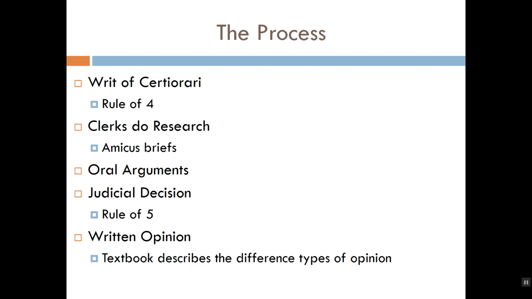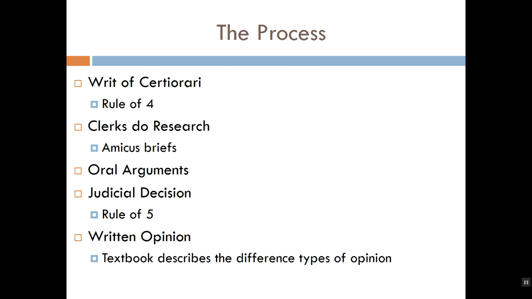That means that you need to get at least 4 justices to agree that your case is worthwhile, that they want to hear it. Now, you will notice that I did not say 4 of the 9 justices. I just said 4 justices, and there's a reason for that. It is true that currently there are 9 seats on the bench. What that means is that most of the time we will have 9 sitting justices on the Supreme Court. Okay? However,